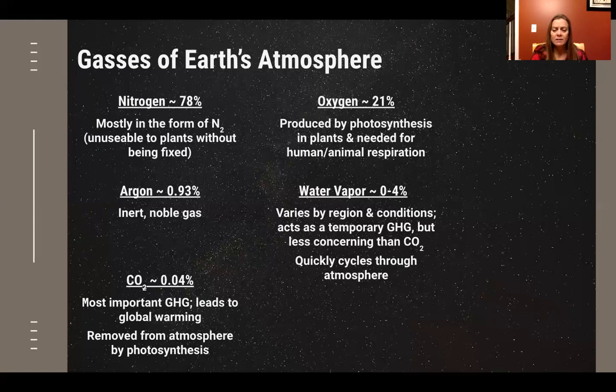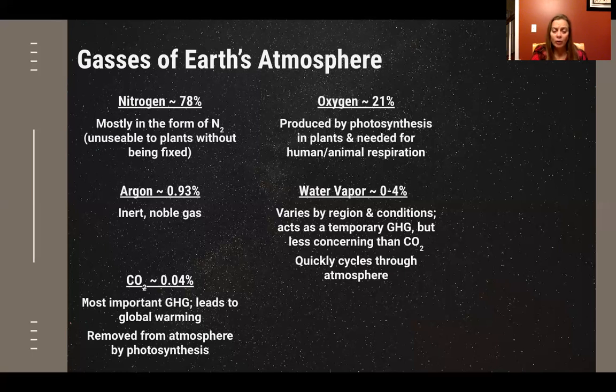And the reason that it's less concerning than carbon dioxide as a greenhouse gas is that it is regulated by the water cycle. And so once the air starts to cool down, then we reach the saturation point and water vapor will condense and it'll rain and it'll come back to a standard condition. So even though water vapor is a greenhouse gas, it's not one that is increasing because it is controlled by